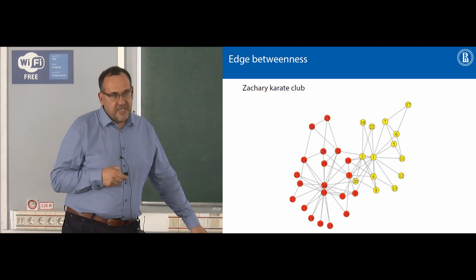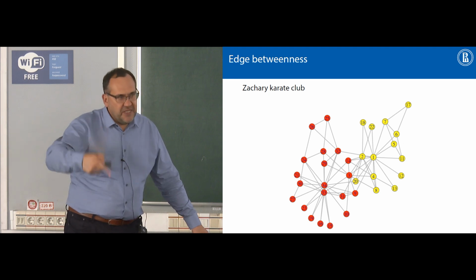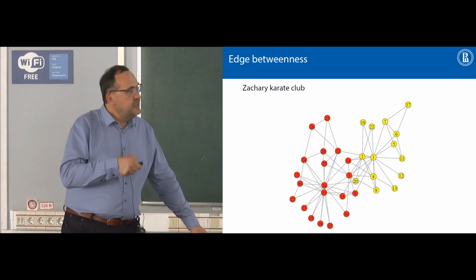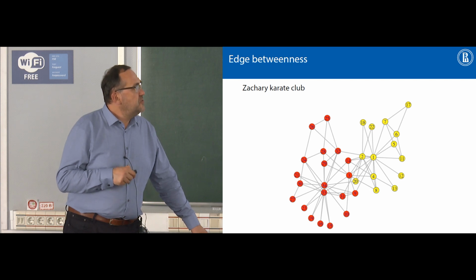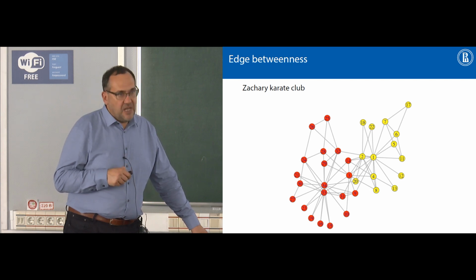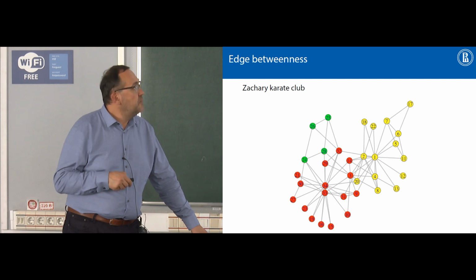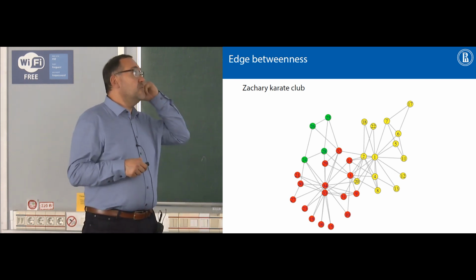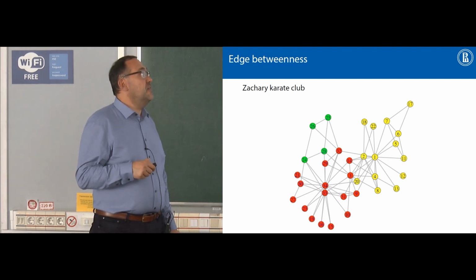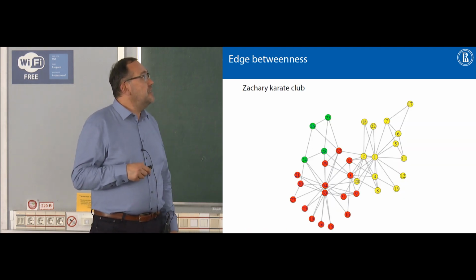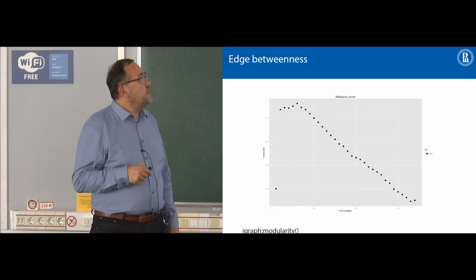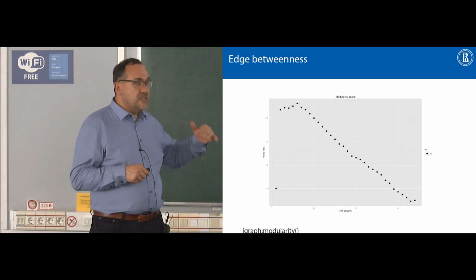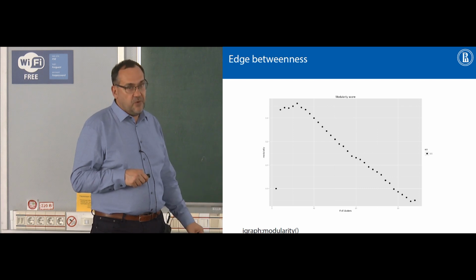Now, having said that, I told you that with the algorithm, we can actually keep splitting, right? We can say, okay, well, we split into two. Let's just put this into the algorithm again and see if it splits more. And in fact, it does. If you put it in and keep splitting, it will say, well, there are these guys that are kind of well connected, etc. To see when to stop, we can use, for example, the modularity metric, the one we just discussed previously,